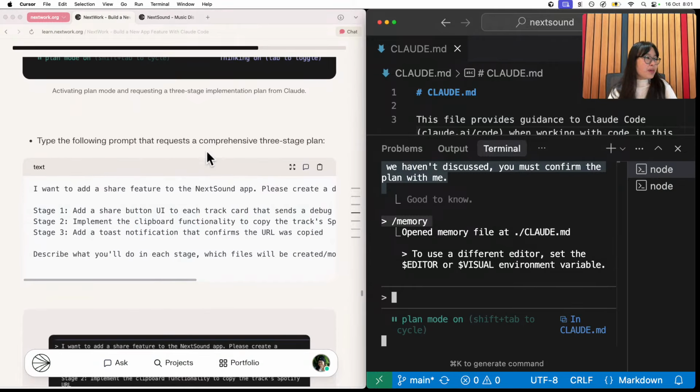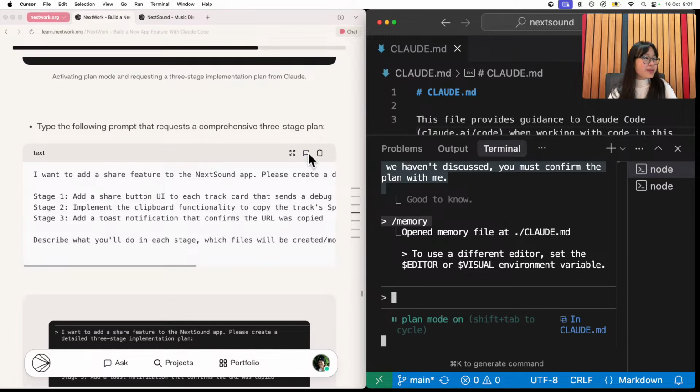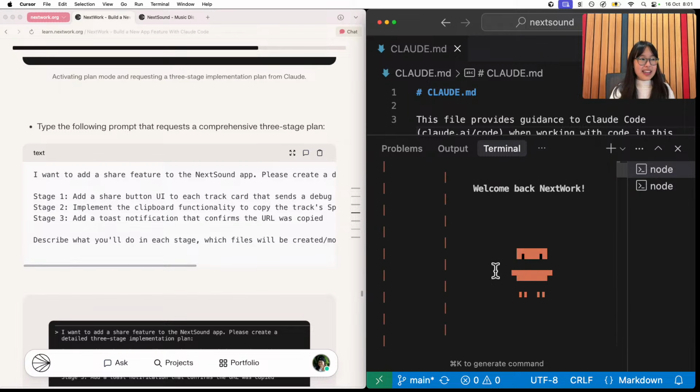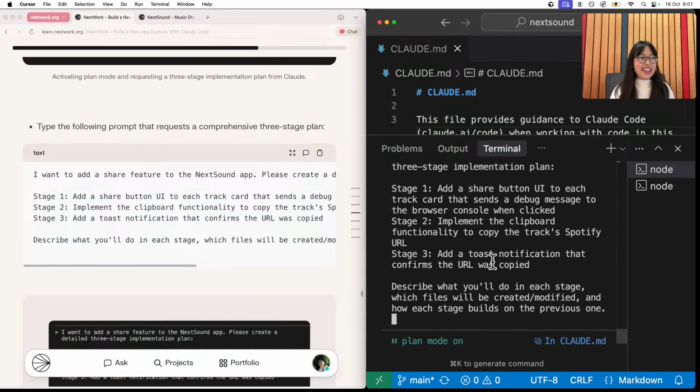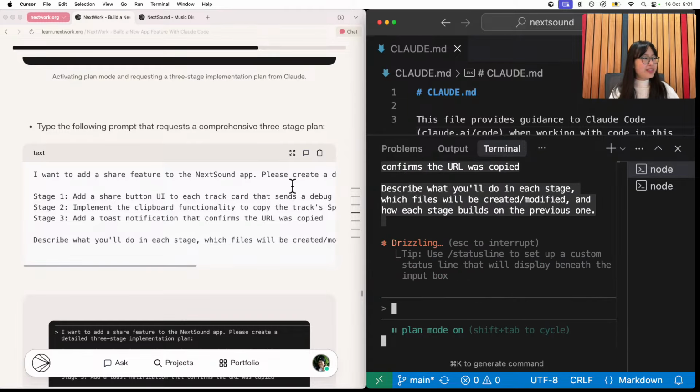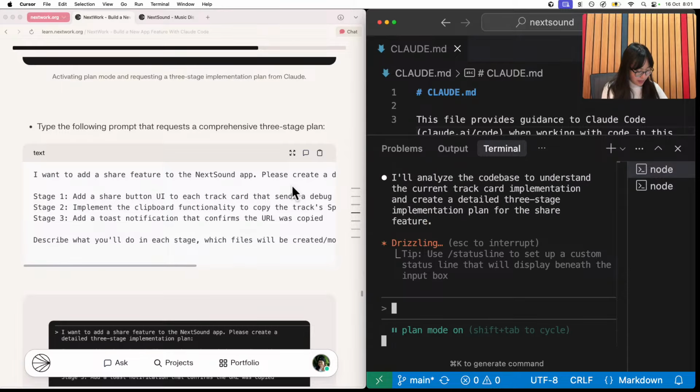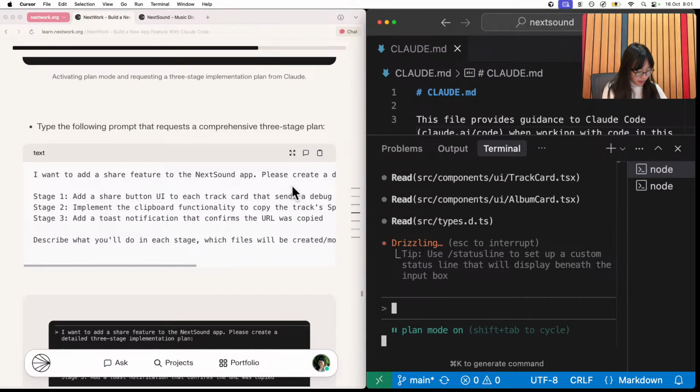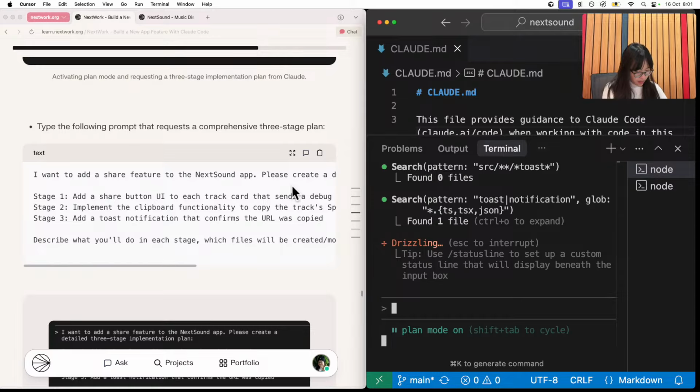Let's give the following prompt that asks Claude Code to set up a 3-stage plan to create the NextSound app. So let's copy that, paste that in here, and press enter. Now, while it's going,